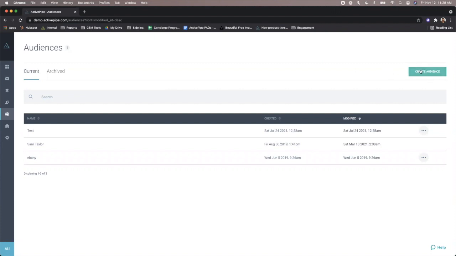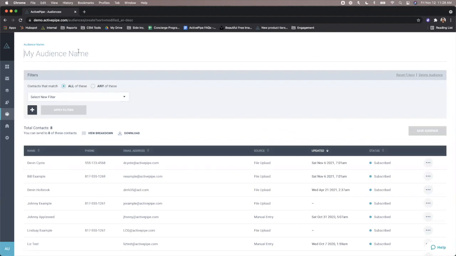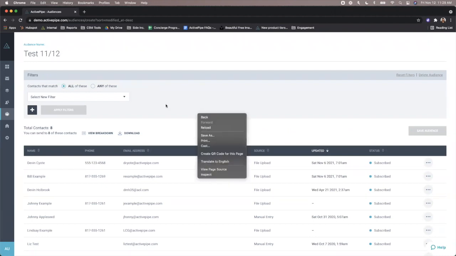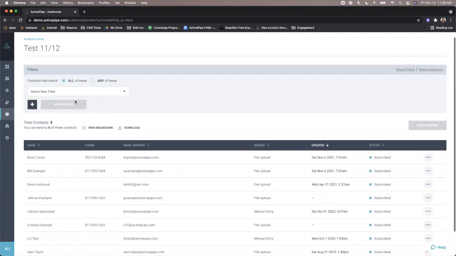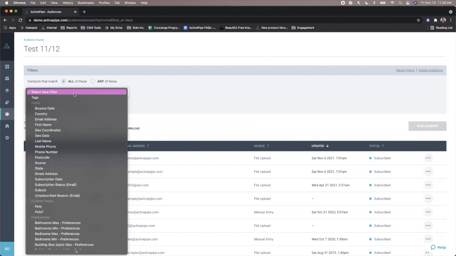So I'll just walk through the process of creating an audience. So we would go to create an audience. We would name our audience what we wanted it. Now I'll just name it 1112 for today. And then we'll see something very similar, our filter section, as we saw in our contacts. So if you drop down through this filter, you'll see that you have a lot of different options to filter by. So say that we wanted to filter by a tag,